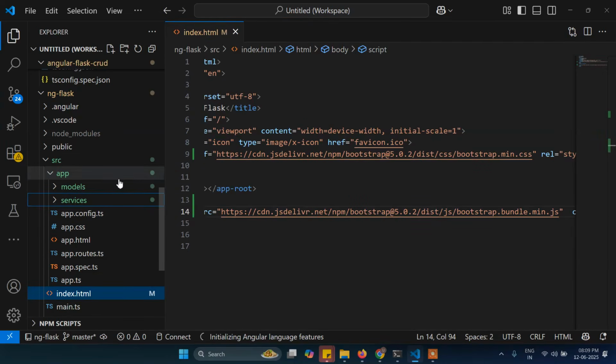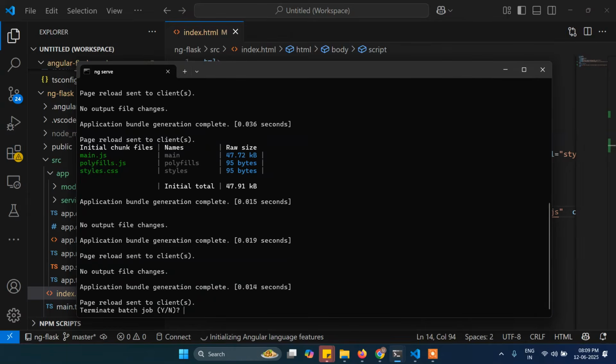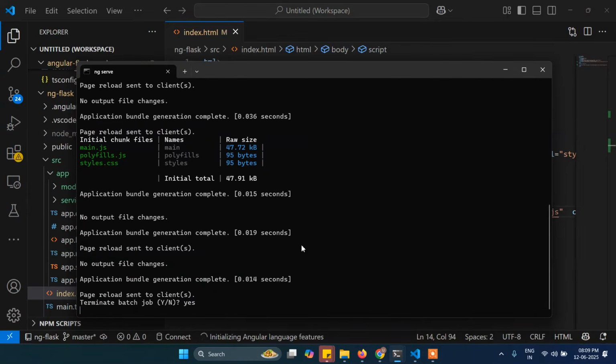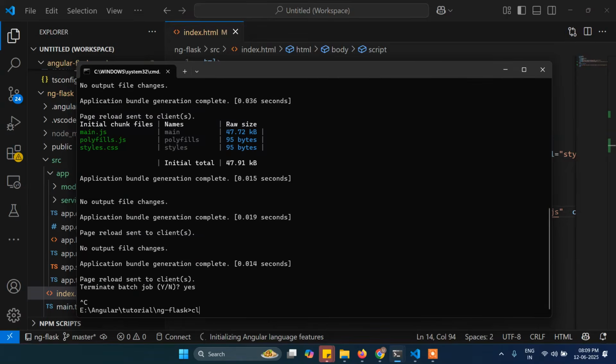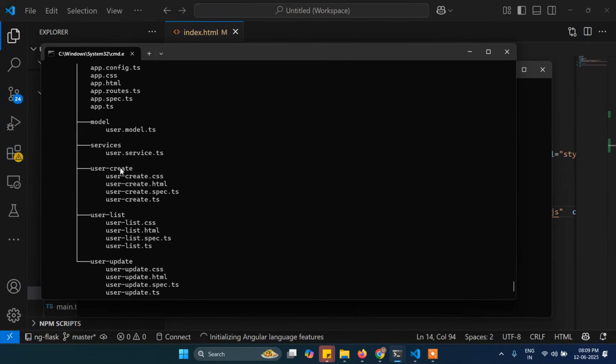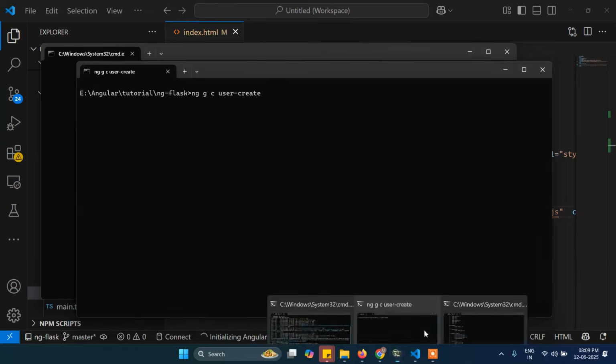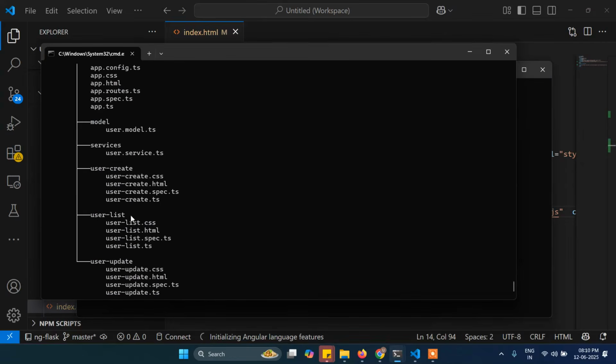Next, we will create the components. Let's go here and press Control C to break the server, and ng g c means generate component. Now let's see the name of the folder. So first we will create this component from here. After this we will create another one. We will actually create 3 components. This one,